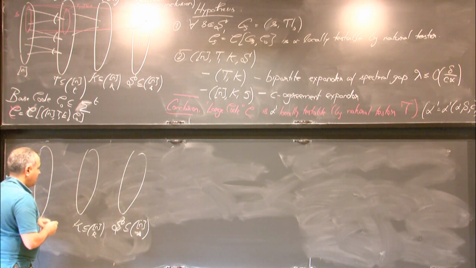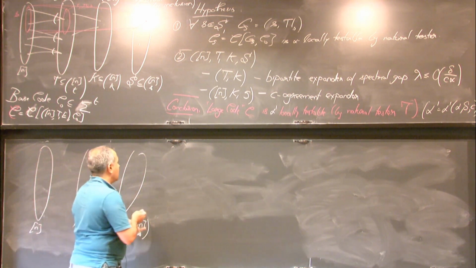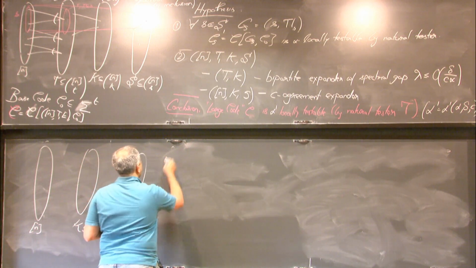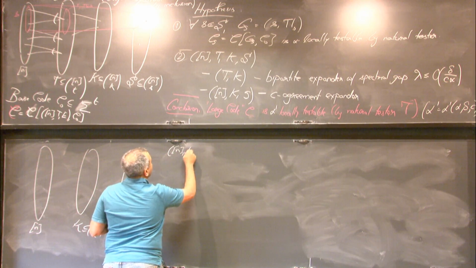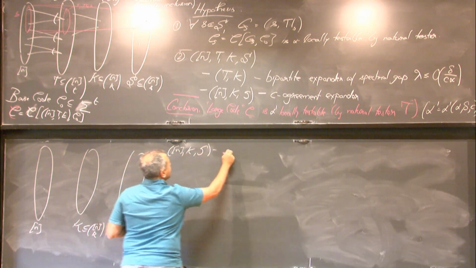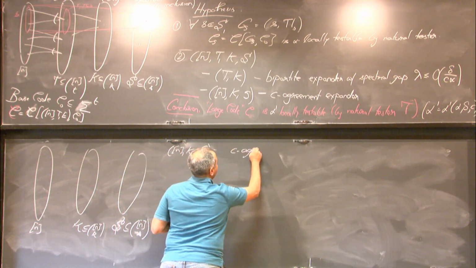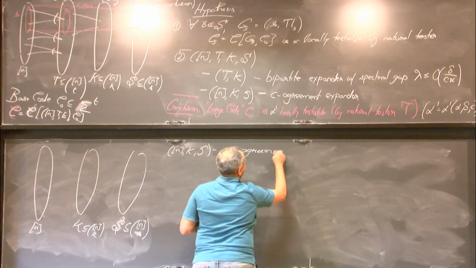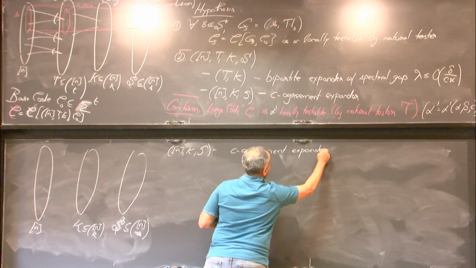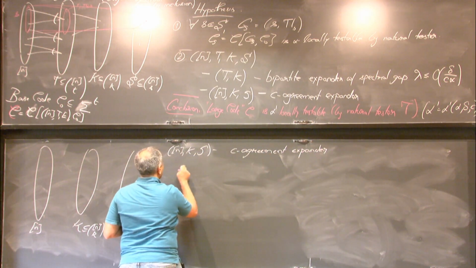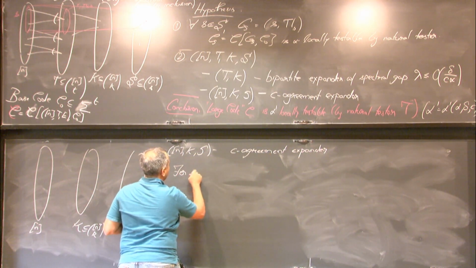We want some local to global structure. I'll say this graph n, k, s is a C agreement expander if the following holds: for all